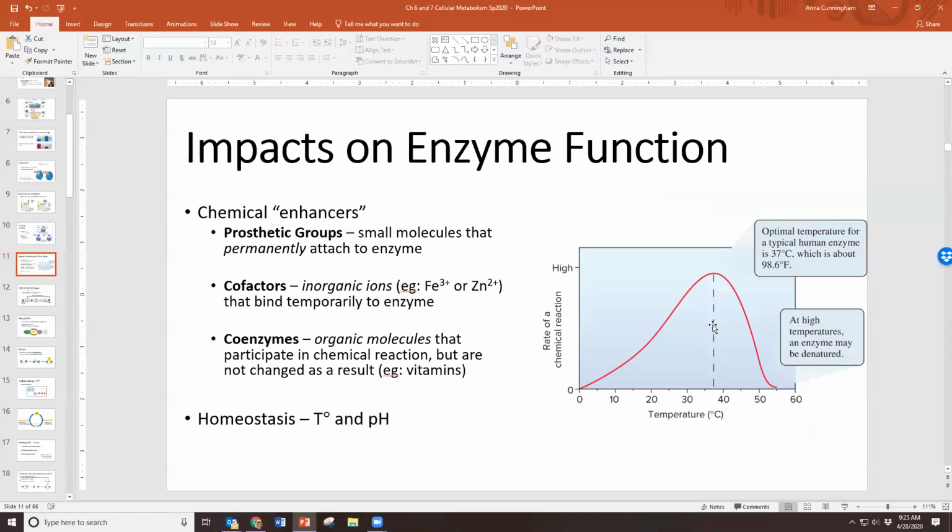Well, I guess we kind of can, because we can talk about impacts on enzyme function. So typically when we talk about impacts on enzyme function, what we're talking about is how can we get this enzyme to perform better, like more quickly or more efficiently. We have what are called enhancers of enzyme function. You can have a couple different types of these chemical enhancers. You can have what are called prosthetic groups, which are small molecules that permanently attach to an enzyme, allowing